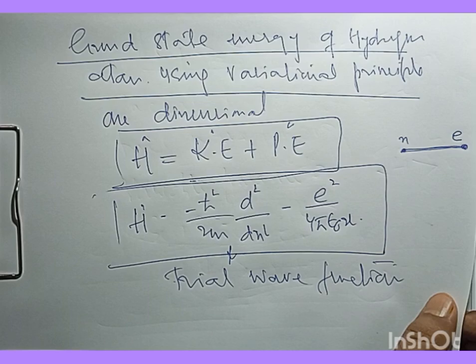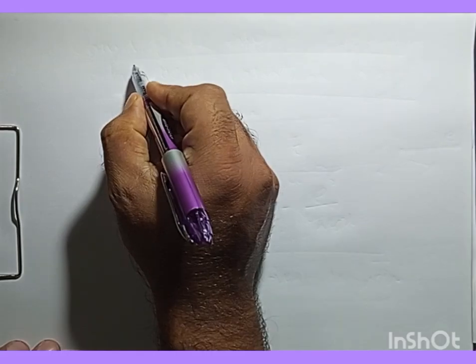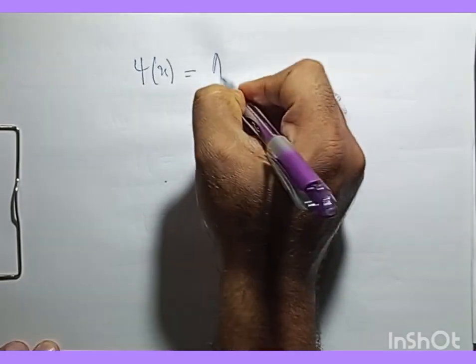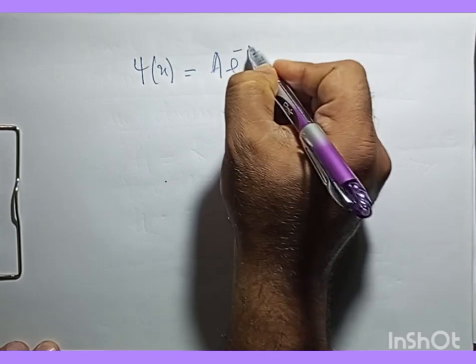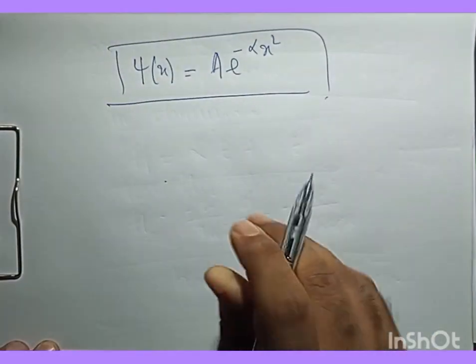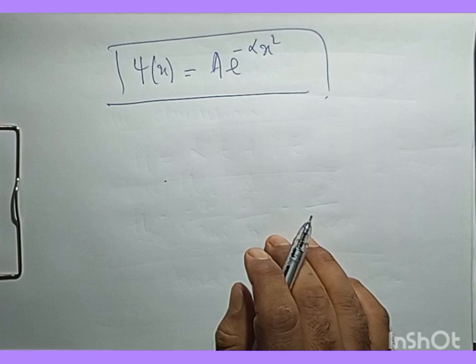The common choice here is to choose this trial wave function psi of x as A e to the power of minus alpha x square,